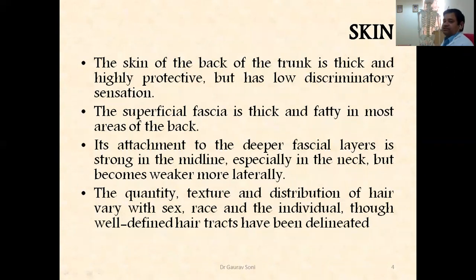Let's see one small demonstration first of all, of what we are going to talk about. You can see here we are going to talk from this point, starting at the neck region, to the sacrum, or you can say lumbar five. This whole thing is going to be covered in the topic known as the back. Next, you can see certain bones are present. This is the back of the scapula, the posterior surface of the scapula. Then these are the spines of different vertebrae: the cervical, thoracic, lumbar, sacrum, and coccyx. The shape and direction of the vertebrae is going to change. We will discuss it in another lecture.